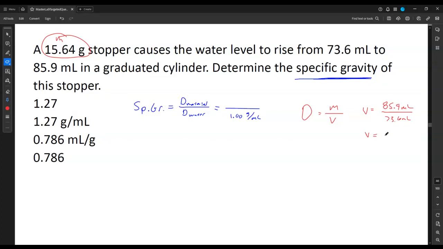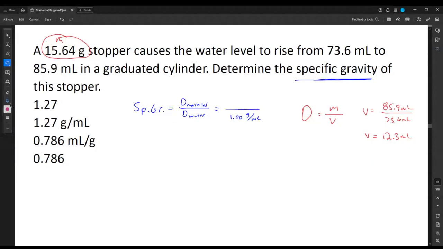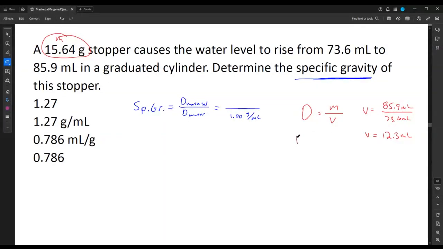So this looks like 12.3 milliliters, and then now we have plenty of information to find that density. Okay, so the mass that's been waiting patiently in the question, 15.64 grams, divided by the volume that we had to go get, but we do have it now, is going to tell us that we have a density here of, looks like